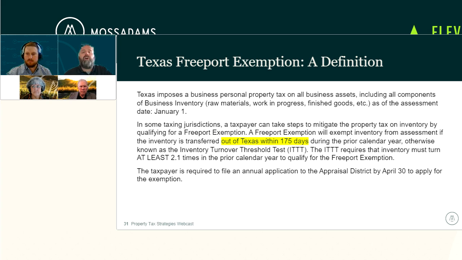One thing also regarding the Freeport exemption, you do have to file an annual exemption application. It's due by April 30th, as it states at the bottom here. So it's not one of these that you file once and walk away and, gosh, I have Freeport from then on. The reason why you're filing on an annual basis, as we'll see here, your data from year to year is going to change the amount of inventory, your amount of shipments out of the state of Texas, so on.